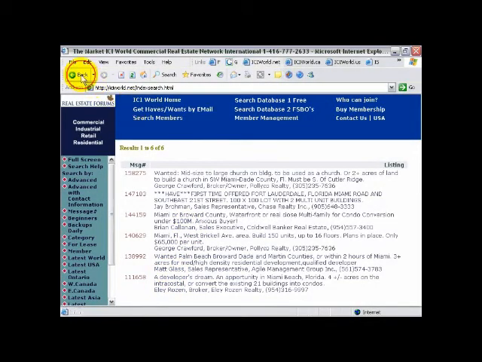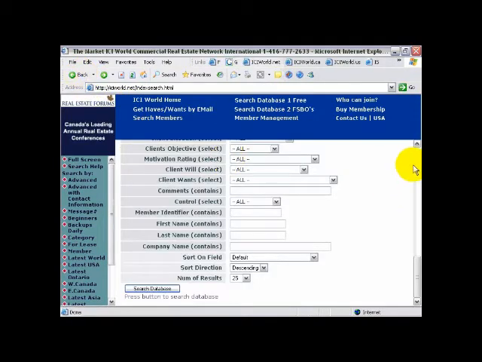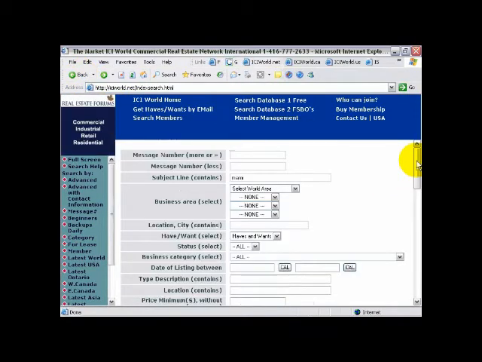Okay, let's hit the back button once. Go back to the top of the page. Take out the word Miami. And let's talk about maybe a certain kind of business. This works great for businesses. Now, you don't have to put in the word apartment building because we have a category for that.